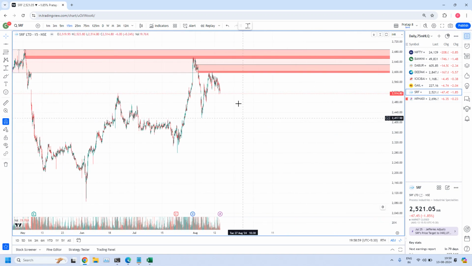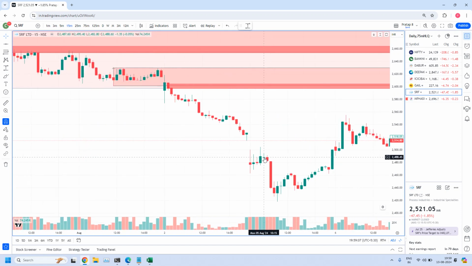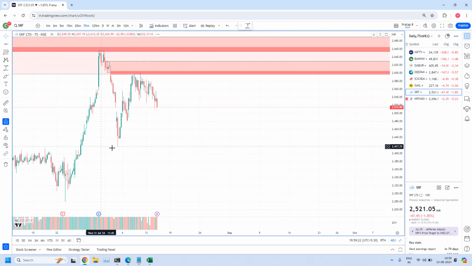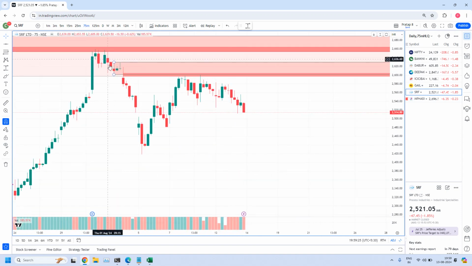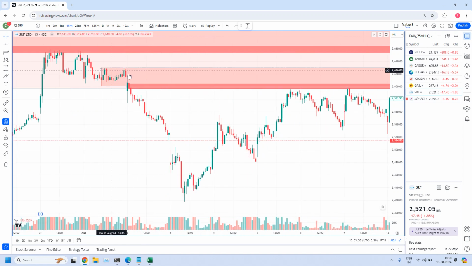So there is no 15-minute zone here. So what about here in this area? Here also there is no proper 15-minute zone. All these are base candles. Such kind of zones will be violated. But here, how we have drawn, here we have another 75-minute zone, which I didn't show you earlier. This was the one. We have a drop, 3 base candles and again a drop. 75 minutes we have drawn. But 15-minute structure is not good. Such kind of zones will be violated.